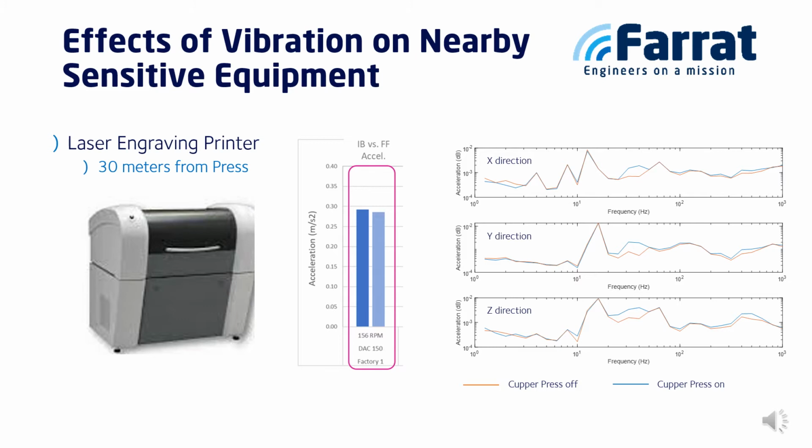The first few peaks, all located below 20 Hz, were generated by other machines only positioned 7 meters from the printer. But we can clearly see a difference in all directions between 20 and 50 Hz, presenting the influence of the copper press, although located 30 meters away from the printer. This problem was solved by inserting Farrat isolation pads made of polyurethane foam below the printer. This highlights the importance of isolating properly heavily